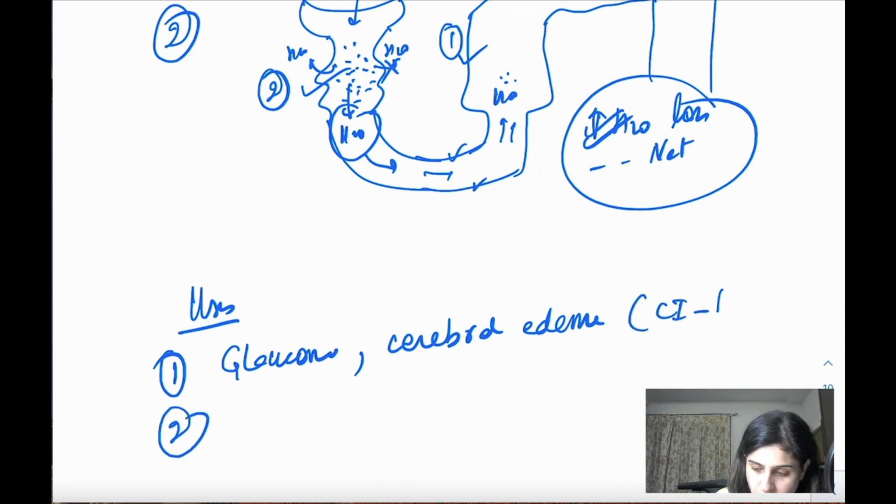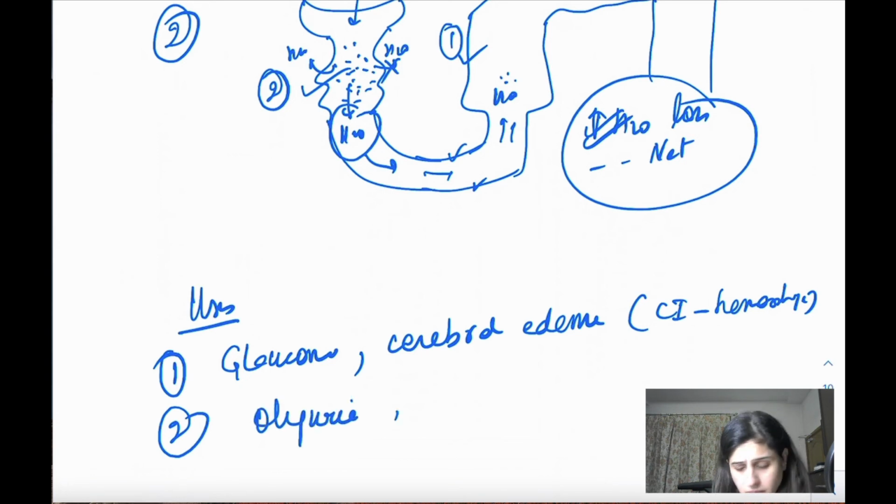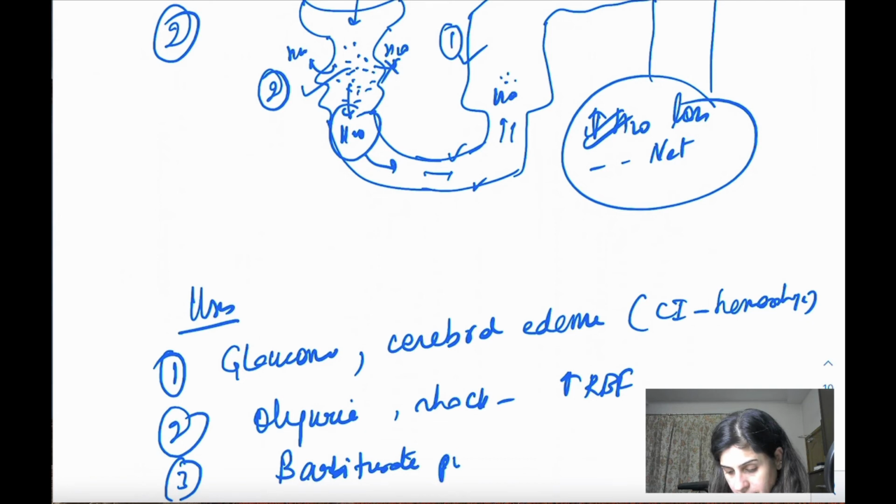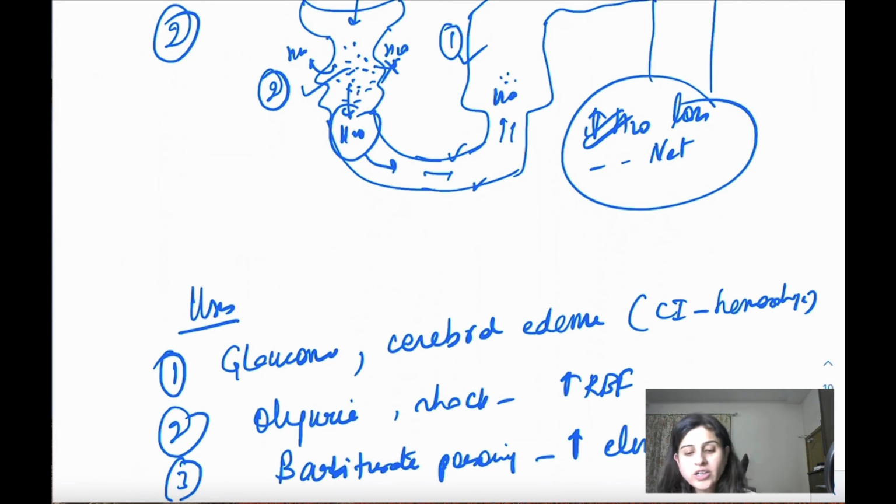Contraindication is hemorrhage, because then ulta effect, it will leak into the cells and it will pull more water into the cells because of the hemorrhage. Then in case of oliguria, okay, less urine, and for example in shock, it can increase the renal blood flow. Third, it can be also used in barbiturate poisoning, because it will increase its elimination, not allow it to reabsorb back into the body. Barbiturate poisoning, this is one of the ways. The only issue with this is in the body, because it can lead to hyponatremia. That's one problem with this drug.